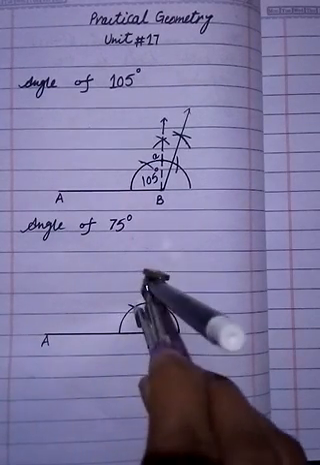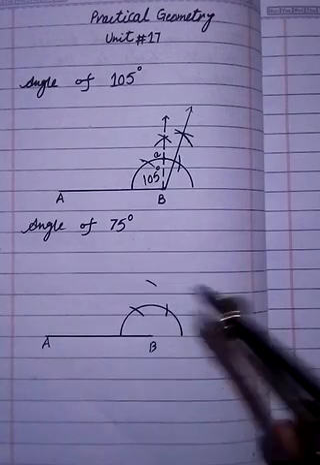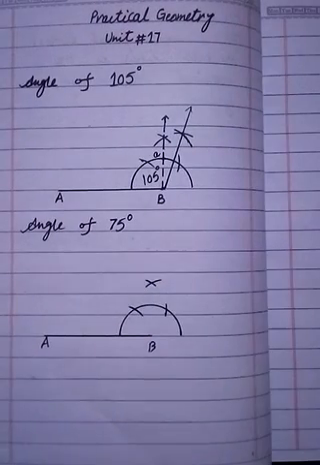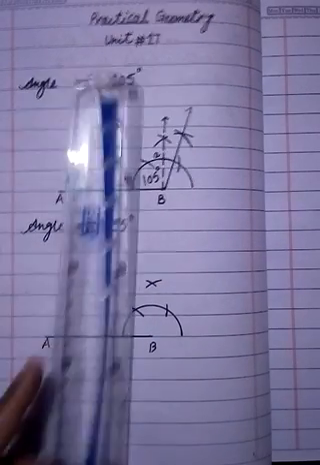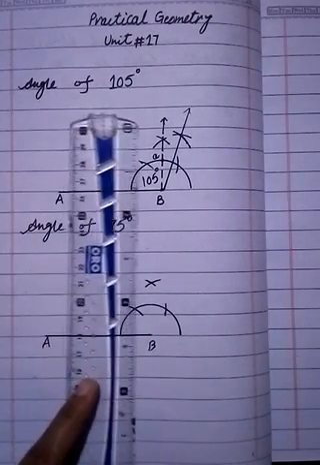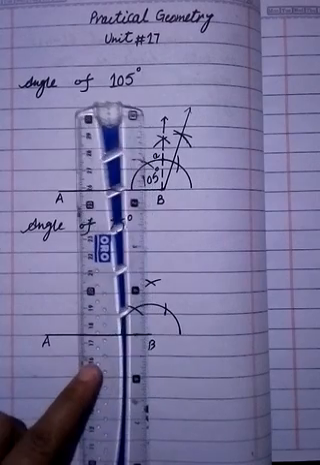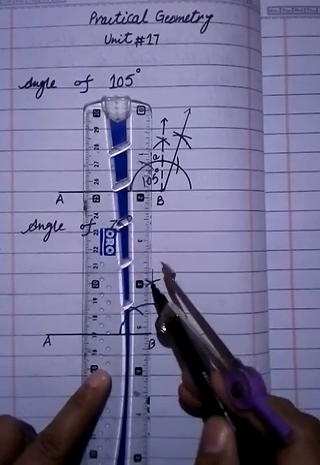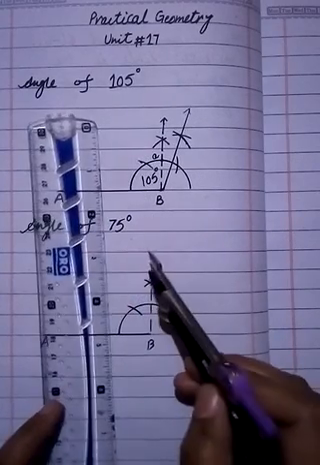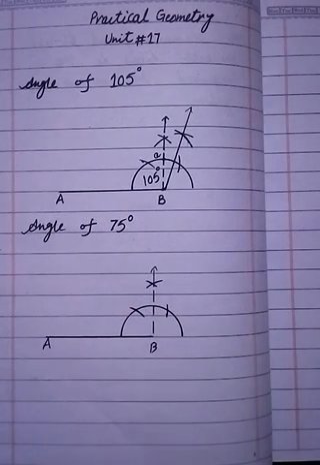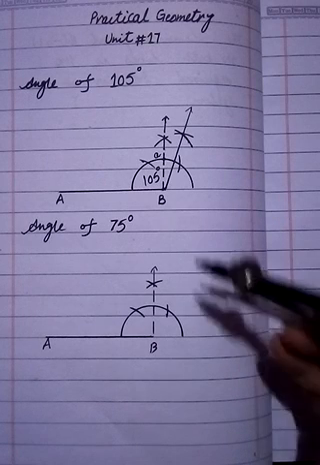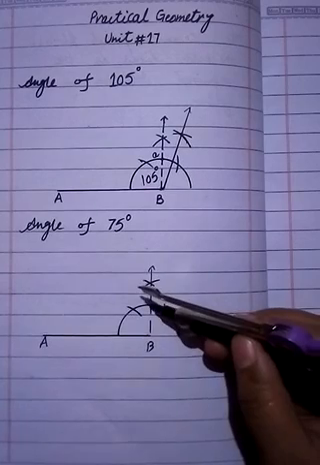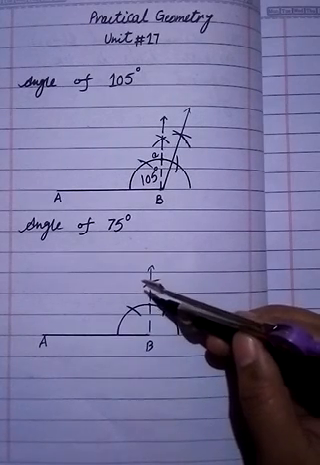Now, you have to draw an arc up at 60 degree. Now, you have to put the compass at 120 degree and draw the second arc. Now, both arcs intersect at this point. Now, you have to join in a dotted line with B point. Now, this is the angle of 90 degree. Now, you have to construct the angle of 75 degree. Now, check that the 90 degree angle intersects the semicircle at this point, named as small b.